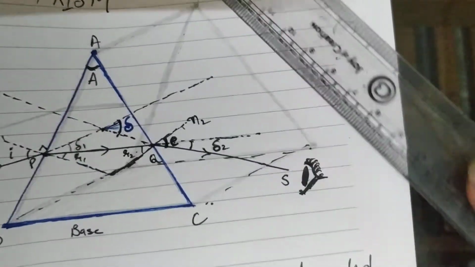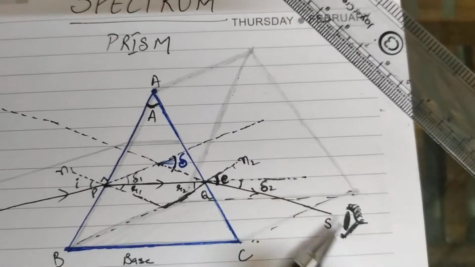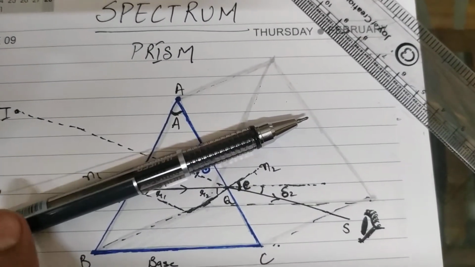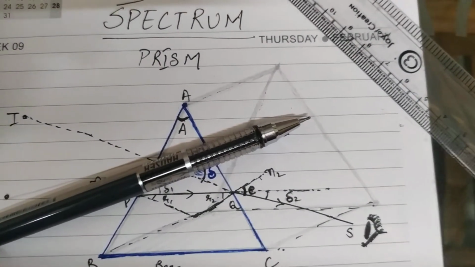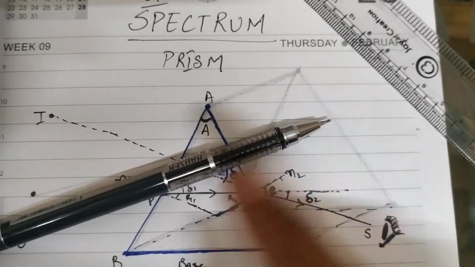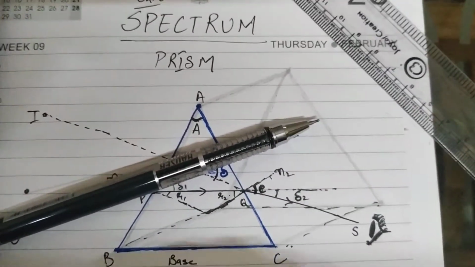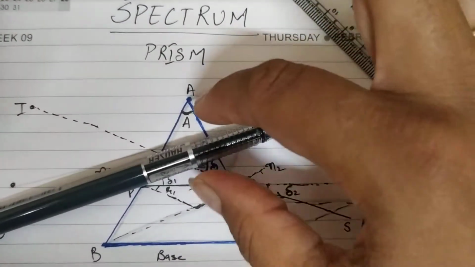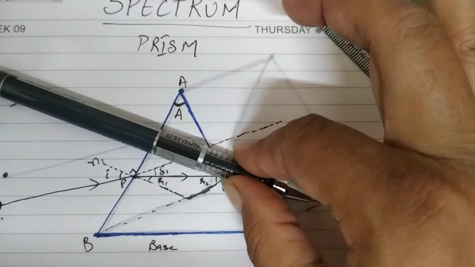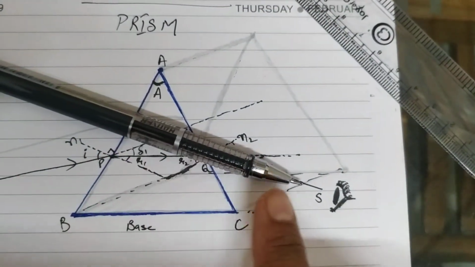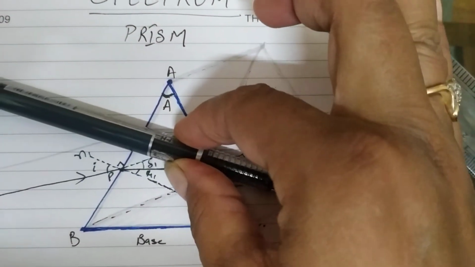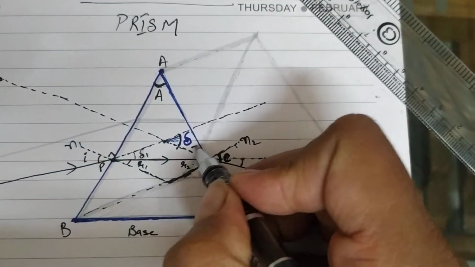Now how will you see this? How will you understand this concept? In the diagram you see, this is my pen's position. This was the actual direction of the incident ray. The incident ray was supposed to travel along this direction when there was no prism there. Because the prism is there in between, the incident ray bends by this amount and it is coming towards the eye in this direction. Now by which amount is it bending? By this amount. So this is the angle of deviation, right?